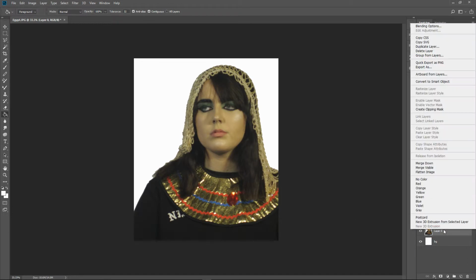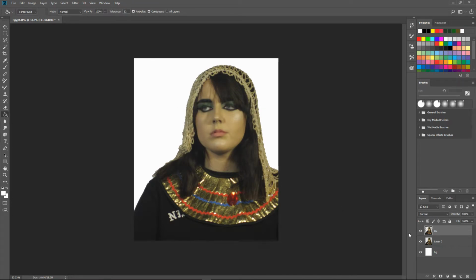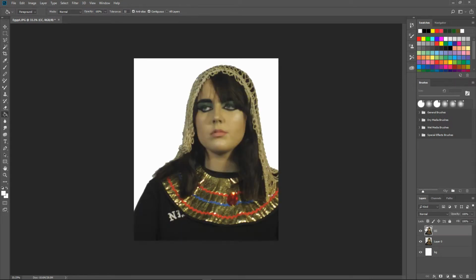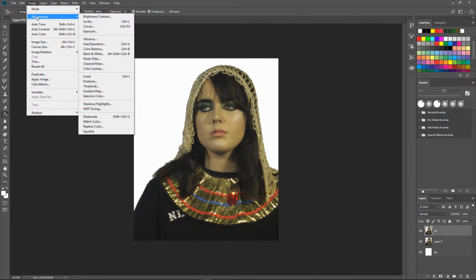So I'm going to right click on this layer and go up to Duplicate Layer, and we'll call this CC for color correction. So now you can see we've got two layers here. We've got our new one and then our original one, and we can turn the layers on and off. So I'm going to leave my top layer selected and turned on, and I'm going to just tweak the colors a little bit using a tool that's ready for us in